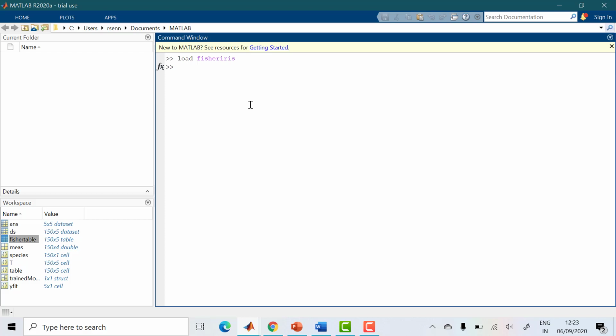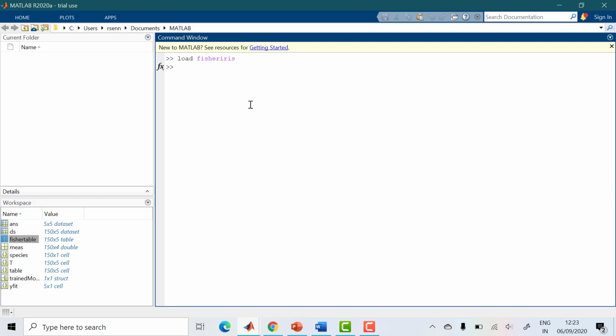This is a sepal length, this is a petal length, and that belongs to one species. If this is the sepal length, sepal width, petal length and petal width, this is the type of species it belongs to. Like that, it has given some data. And we are going to use that data for our machine learning purpose.